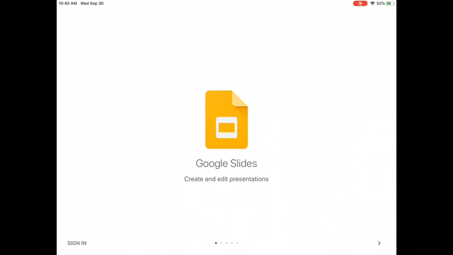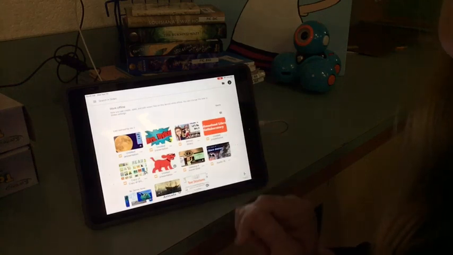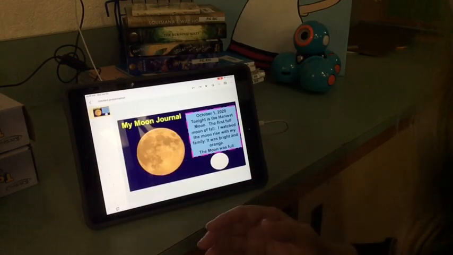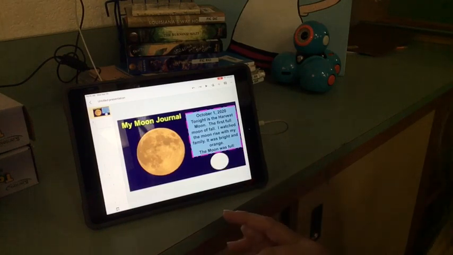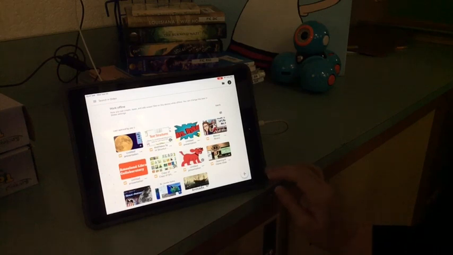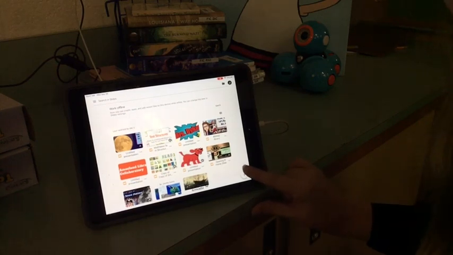And I want to sign in with my Ridley credentials. So this will be the same as your Google Meet login. Now you can see here I've done a number of presentations. So I'd like to show you how to create a moon journal, just like this one, in your Google Slides app. First thing we want to look for is this rainbow plus button at the bottom right hand of your screen. Can you see it here? When I hit that,